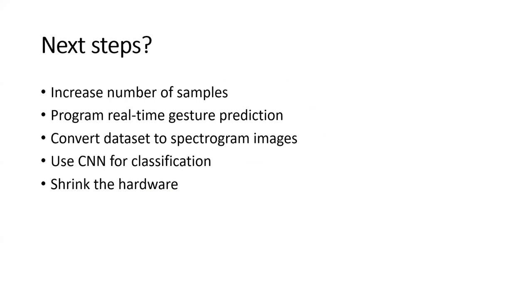But potentially, for a deep learning model, maybe that's a small amount of data. So I'm going to try and increase the number of samples, maybe get other people to provide me some samples, so that it's not just me. It's not learning how I punch or how I do these gestures. The other thing, which is the missing component that I didn't get to, was the real-time gesture prediction. So ultimately, I'd like to be able to do the motion in real time and see the model actually confirm